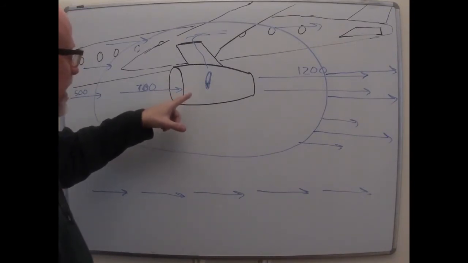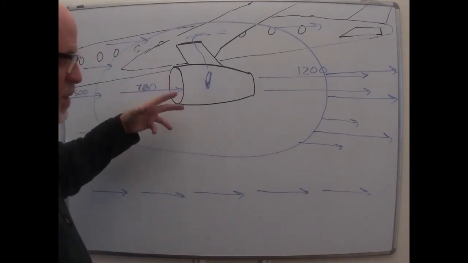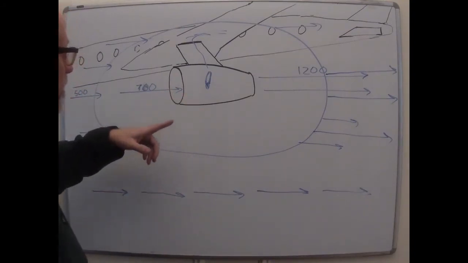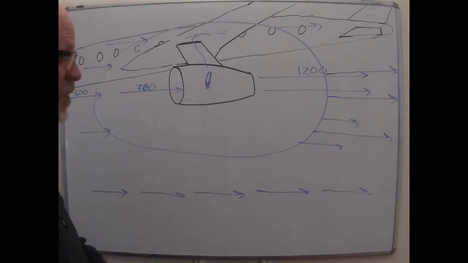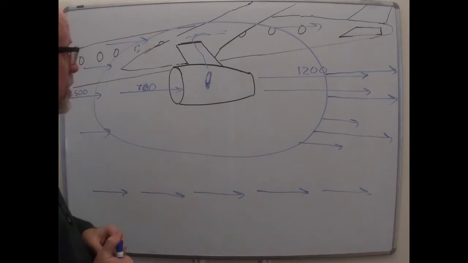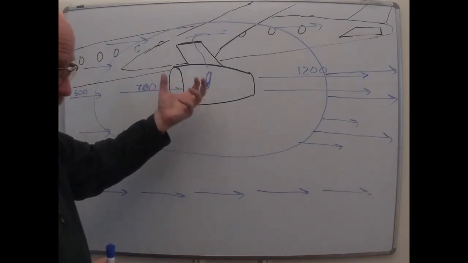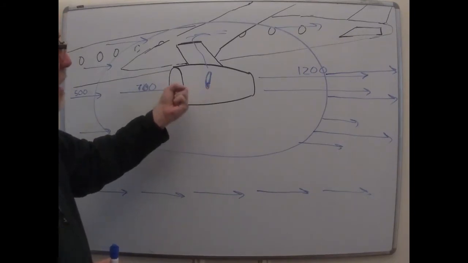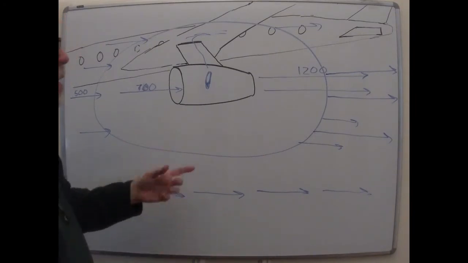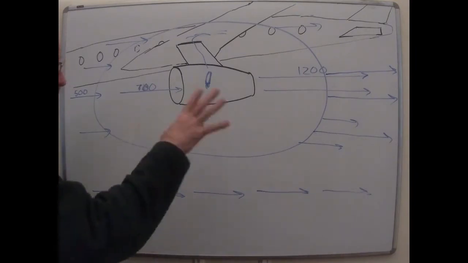It's so hot that the ordinary materials just melt and fall apart if you try to use them inside of a jet engine. The turbines and things inside of a jet engine have to be made out of special alloys called super alloys that are able to resist the temperatures involved. So what's going on is energy is being liberated inside the engine, and that energy is expanding the air. You heat something up, it gets bigger. So what's really happening is energy is going in to make room for the matter.